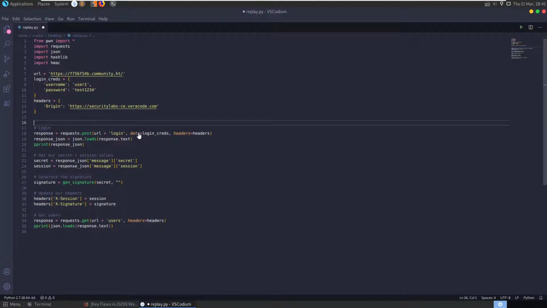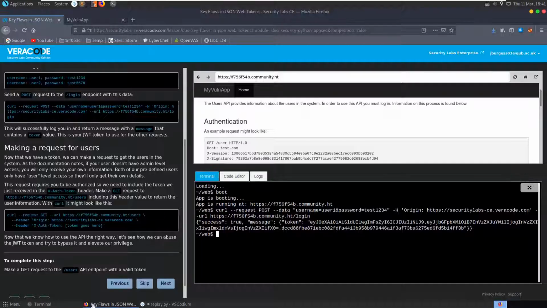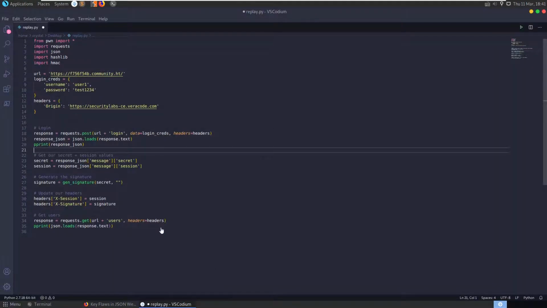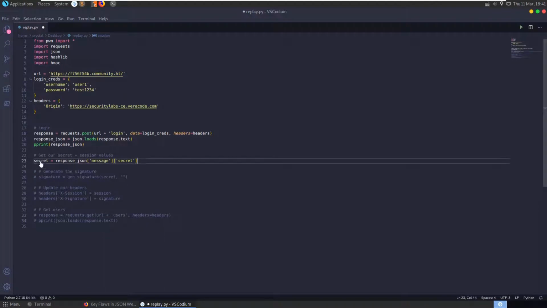So we're going to log in, send in those login creds, send in that origin header. I don't think there's anything else needed for that. Doesn't look like it. Okay, and that's going to get us back this message, and in the message we have the token, so we want to extract that. So it's basically going to be the same as we've done here, but instead of grabbing a secret and a session, we're going to grab a token,